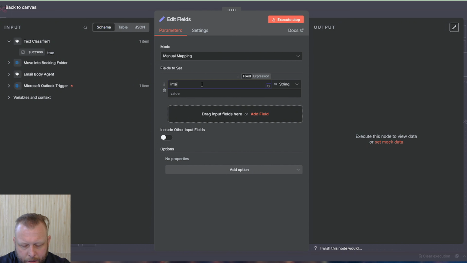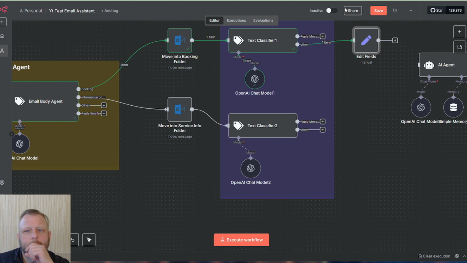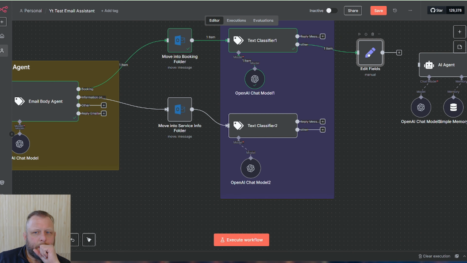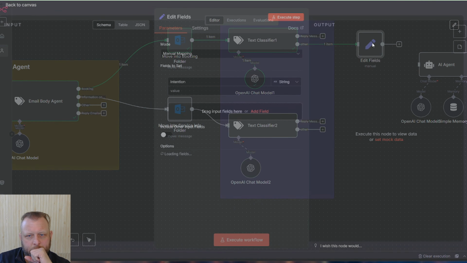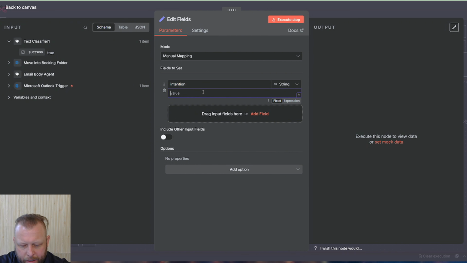Intent. Intention. I can't even do that. I was going to see that we can actually... I know this is right. Intention. I'm going to say it is a